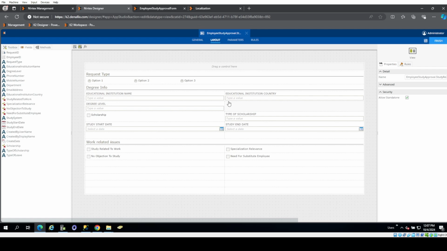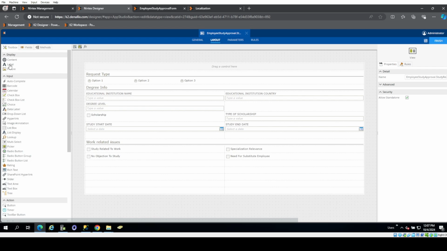We have educational institute name, educational institute country, degree level, and we'll ask what the degree is actually in. I would need to add this to my smart object too, in this case in SQL. But for right now, I'll say